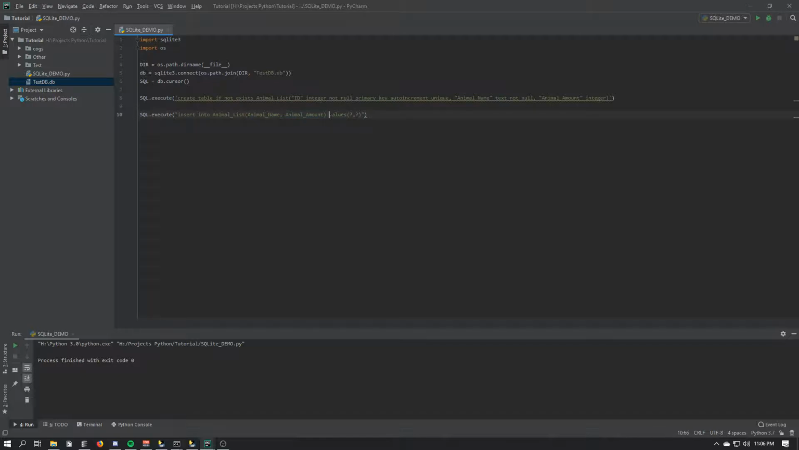And then we're saying values. We don't know yet, but we're going to pass them in. So we're going to go question mark, question mark. Now we actually do know these values, so we're just going to do comma, space, and then 2 parentheses. And we're going to do cow, comma,